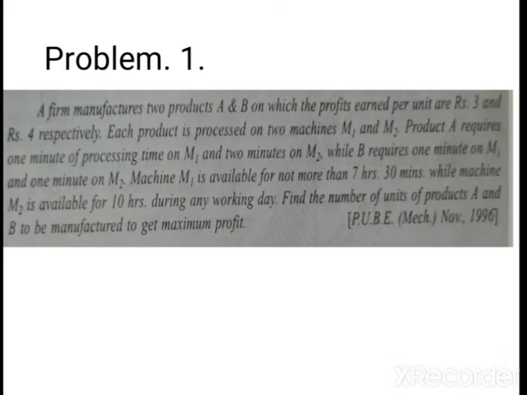Each product is processed on two machines. That means A is processed on machine 1, M1, and machine 2, and B is also processed on machine 1, M1, and machine 2, M2. Product A requires 1 minute processing time on M1 and 2 minutes on M2, and B requires 1 minute on M1 and 1 minute on M2. Machine M1 is available for not more than 7 hours 30 minutes,